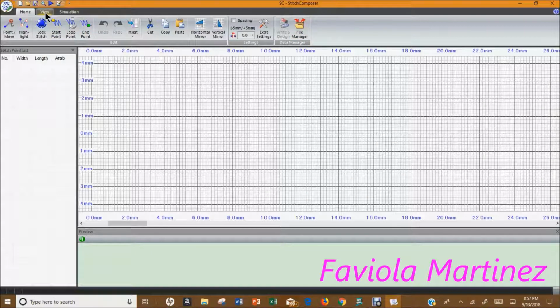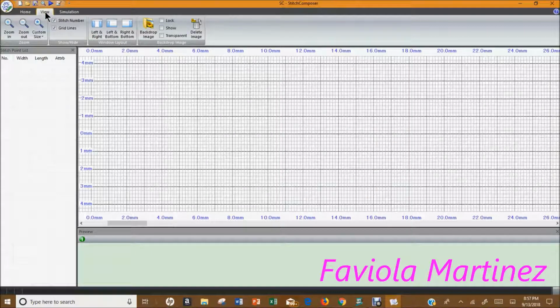If I come back over here and I hit the View tab, the View tab is going to give me magnifying glasses to zoom in, zoom out, or even create a custom size for the screen that's right here that I'm going to be using as my design field. Next, if these stitch number and grid lines are checkmarked, what will happen with the stitch number is that as you create stitches,